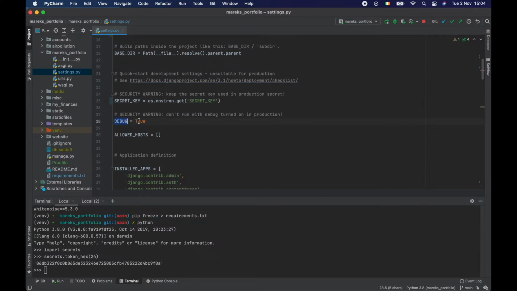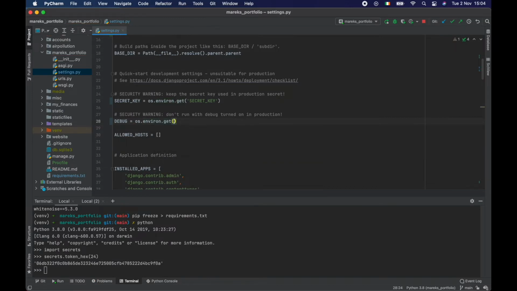Now debug. In deployment, debug should always be false. You don't want a user to have access to your debugging messages, so it has to be false. But you want to have it true here. So it doesn't make sense to change it to true whenever you develop and write locally, and then remember before you deploy that you need to change it to false. That's tricky, and that's going to result in you leaving it as true and then leaking some information to the users and outside world. So what you can do is os